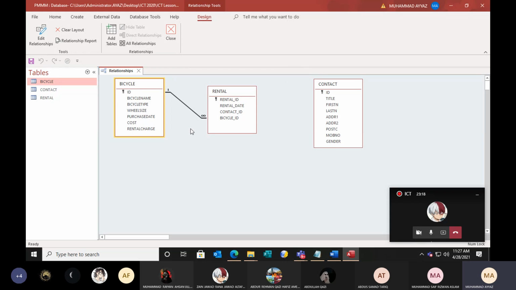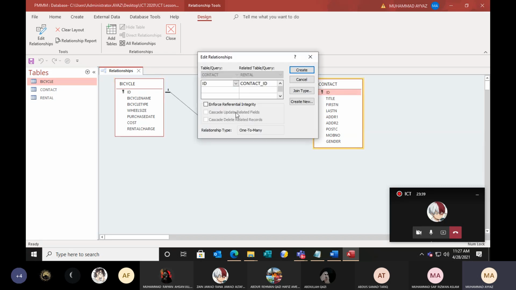Now rental and contact. Sir, the ID in contact to contact ID in rental. Contact and contact ID. Well done. See, don't confuse ID with rental ID. So this with this. Enforce and create.